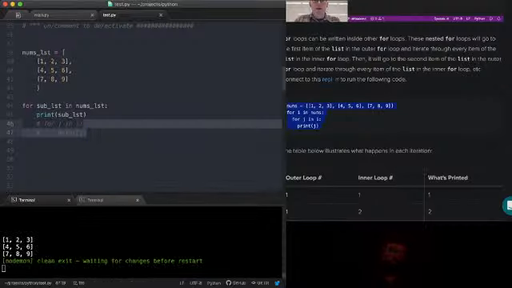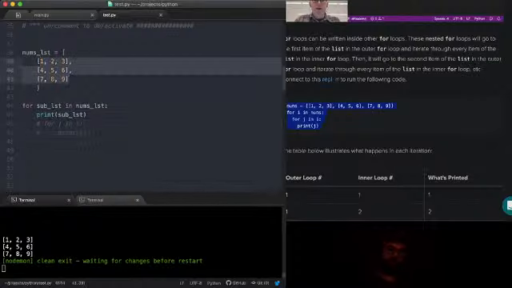Okay, 1, 2, 3, 4, 5, 6, 7, 8, 9. So you can see we have these lists printed out in their respective forms, right? So for sublist in nums list, then we can also do, since we determined that each element of this list is itself a list, we can loop through that list inside the loop. We can say for num in sublist, print